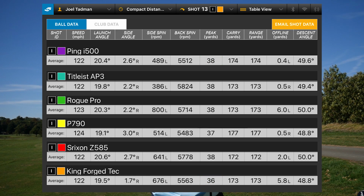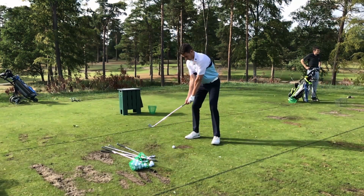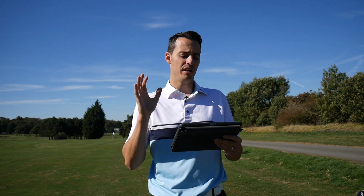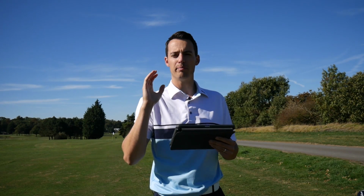Now, what was interesting when testing the clubs on the range in an outdoor environment, I actually noticed that the Titleist 718 AP3 did hit the ball an awful lot higher. I'd say it was 4 to 5 yards higher than the other clubs on test. It was interesting that while that didn't necessarily materialise in the indoor testing, it's something that I noticed on the outdoor testing, which is why I'll always test indoors and outdoors to get a greater overall picture of how a club performs. And this was a typical example of why we do that, because it definitely hit the ball a little bit higher. Maybe that was down to the fact it was spinning a little bit more than most of the other clubs. You'll see an average of 5,800 there, which is higher than all the other clubs. So that might be a contributing factor to the ball climbing a little bit through the air, but I just thought I'd make that observation for you